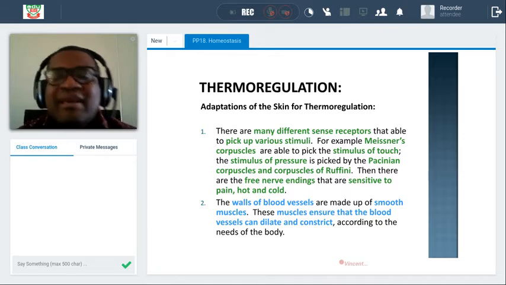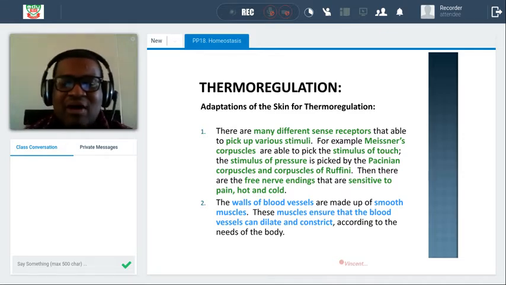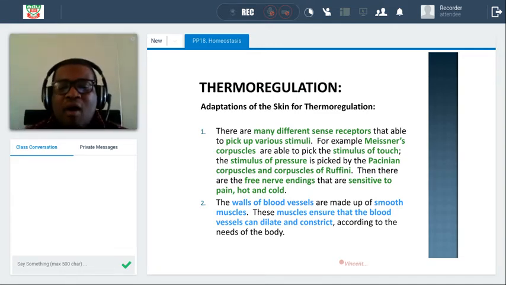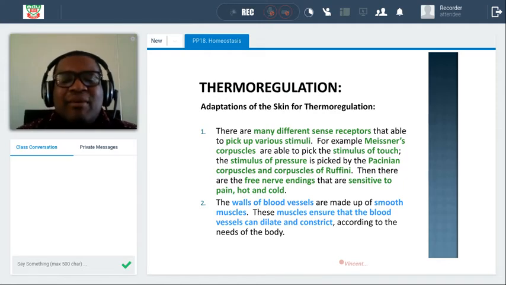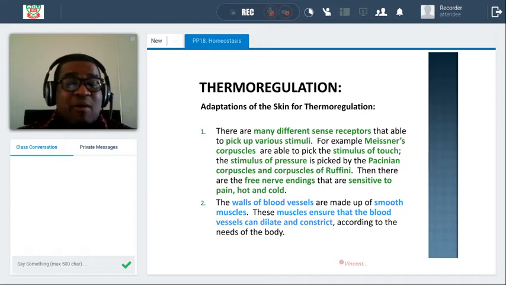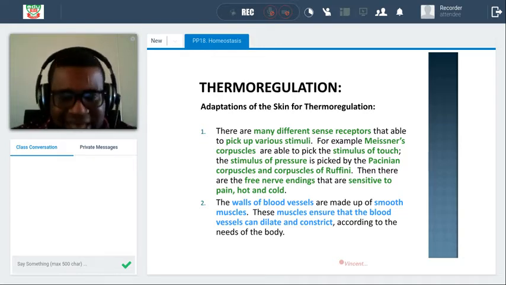There are also free nerve endings that are sensitive to pain, hot, and cold. Secondly, the walls of the blood vessels are made up of smooth muscles, and these muscles ensure that the blood vessels can either widen, dilate, or narrow